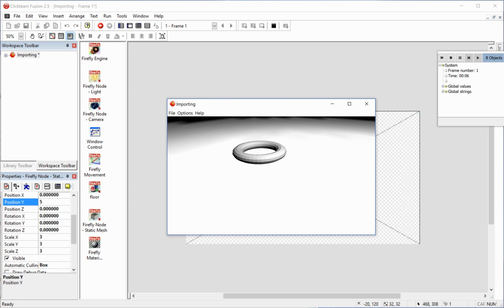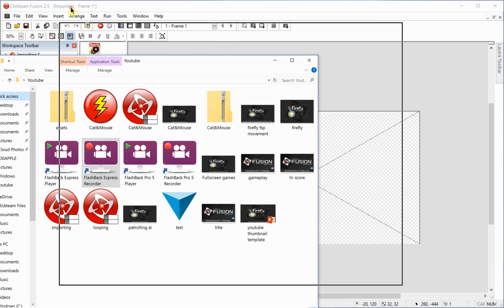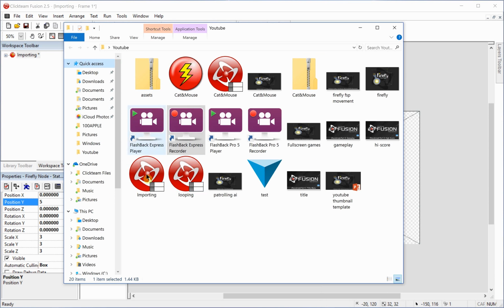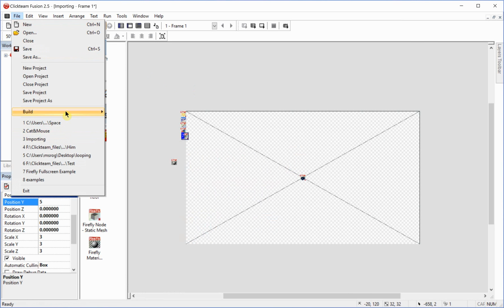And that's basically it. This is a very short tutorial. Anything that you'll be importing, whether it be a static mesh or an animated mesh, will use the same kind of principle. As you can see, I already created the MFA. And if I was to build this,